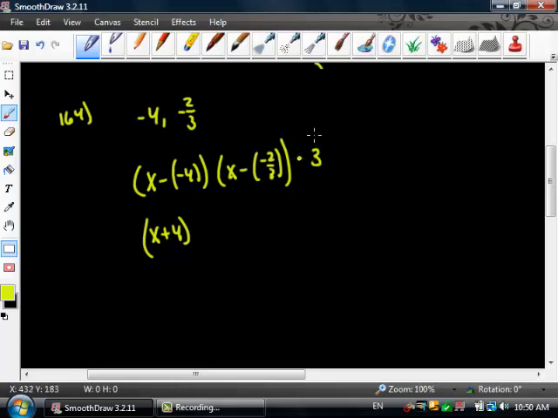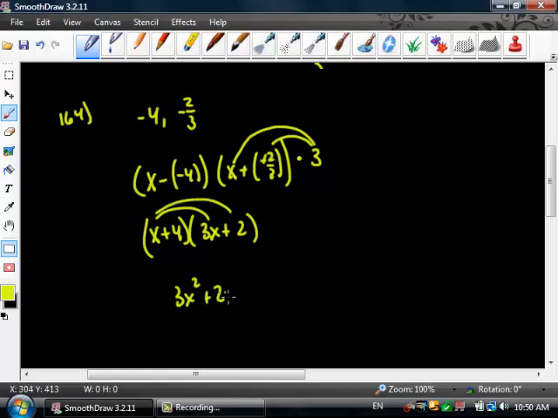Multiply by the denominator, so multiply by 3. That goes into here, that's 3x. And then negative is positive, 3x plus 2. And from here, Gabby, you just FOIL this thing out. This is 3x squared plus 2x plus 12x plus 8. Combine your like terms, so that's going to be 3x squared plus 14x plus 8, and that, remember, equals 0,